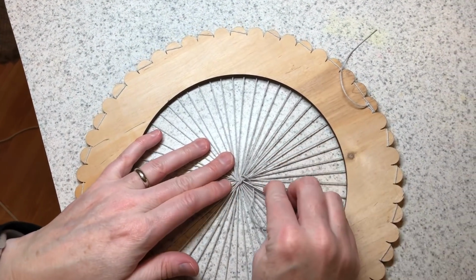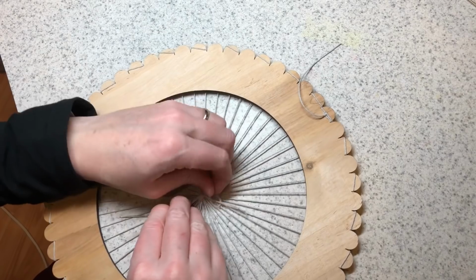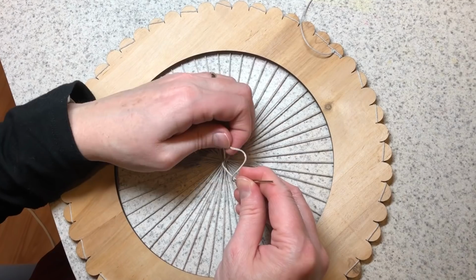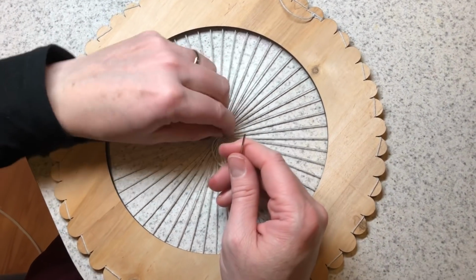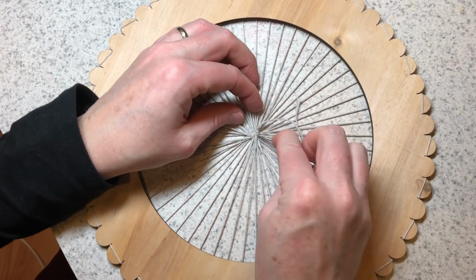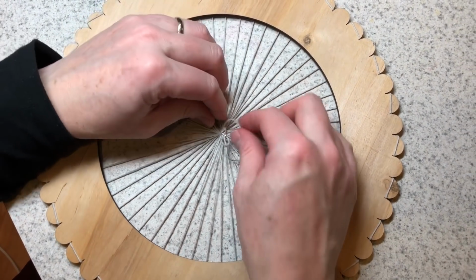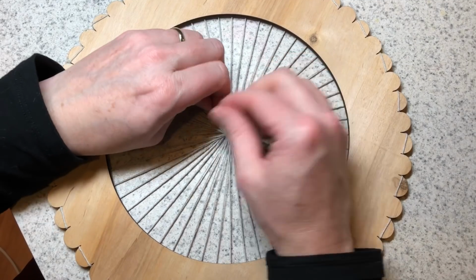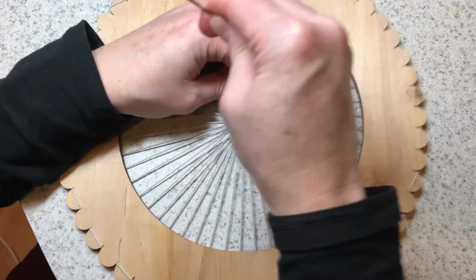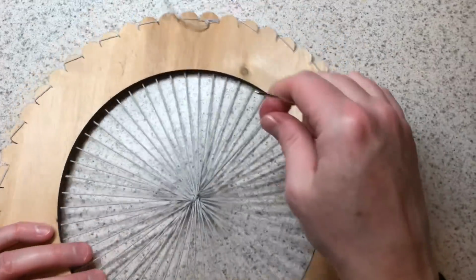And then what I'm going to do is just work the needle underneath where I've wrapped around all those threads, and I'm just going to do a double knot back here. And because I have that tight, it takes a little effort to get that through, because you do want that to be tight, because this is keeping everything secure. So if this is really loose, your whole warp is going to be floppy. Okay, so I'm not going to cut this piece off